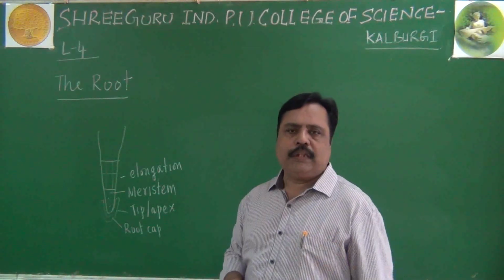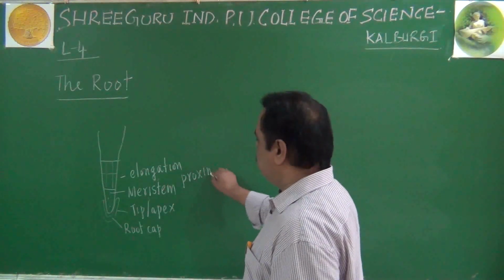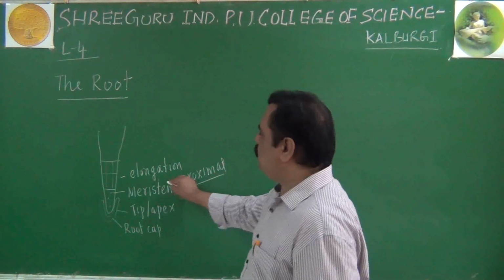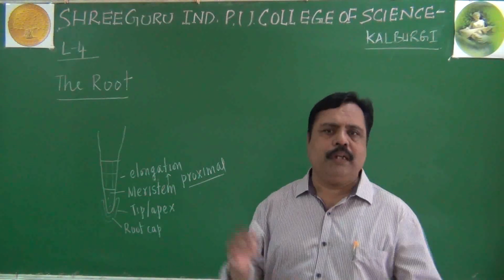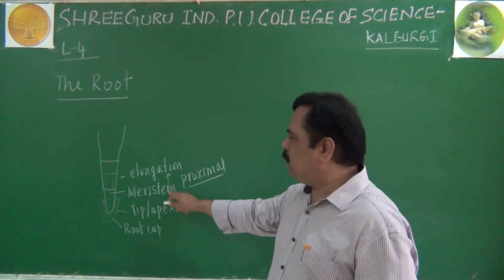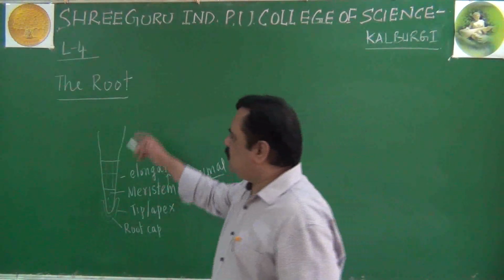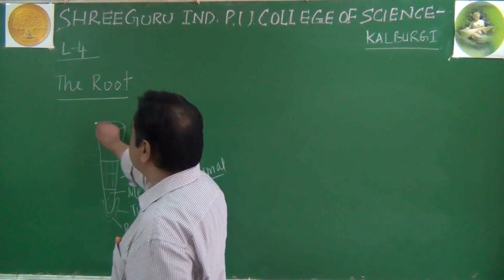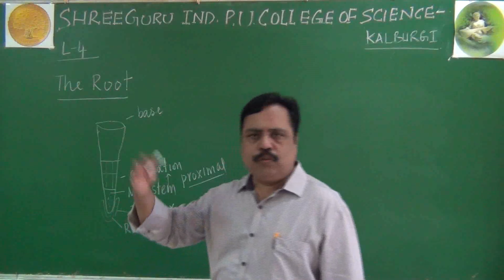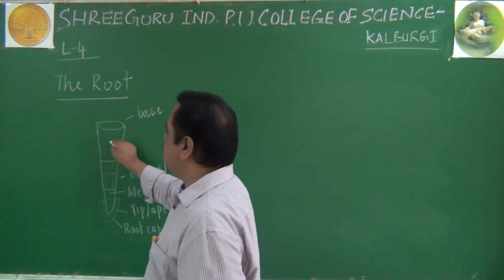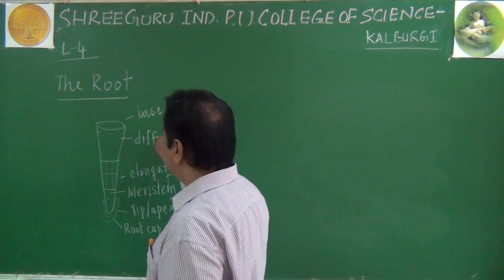In textbooks, there is a word called proximal. Okay. Remember this word, proximal. Proximal to the meristematic region, we have the cell elongation region. What is proximal? Nearer. Nearer to the meristematic area, we have the cell elongation area. Above the cell elongation, towards the base of the root, remember, this part is called base of the root, we come across another area called region of cell differentiation.